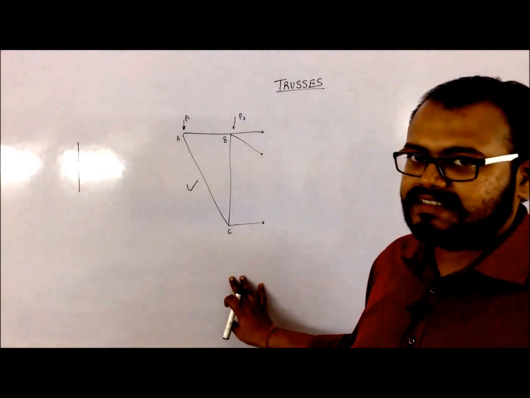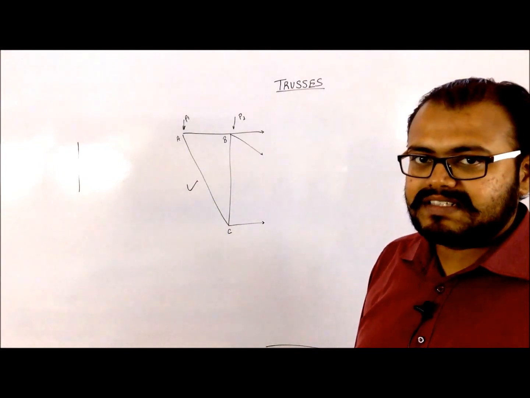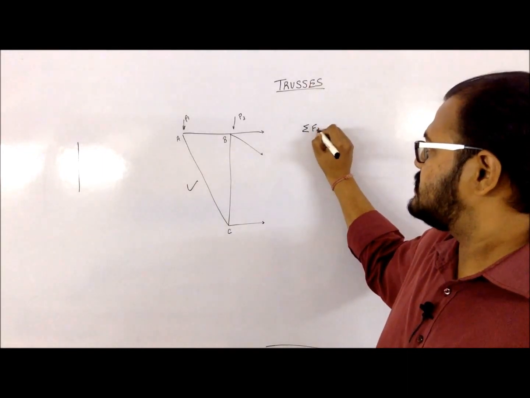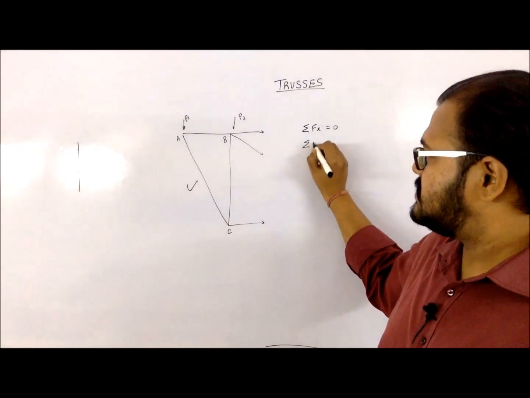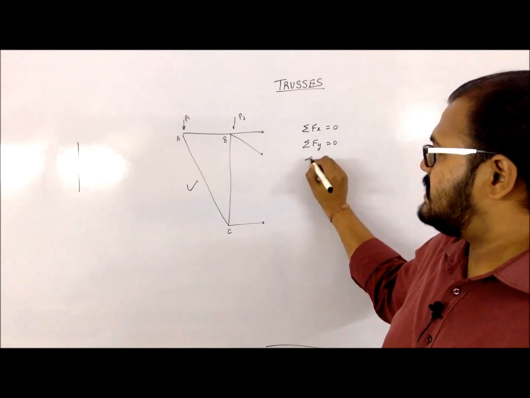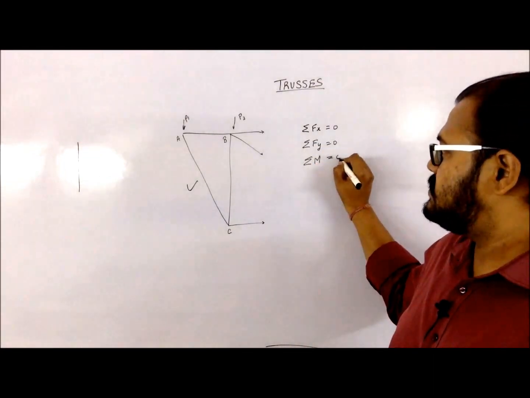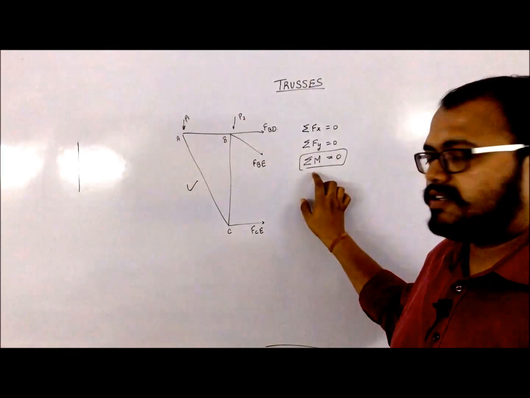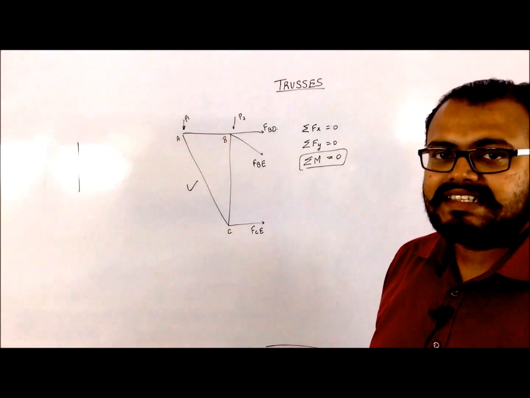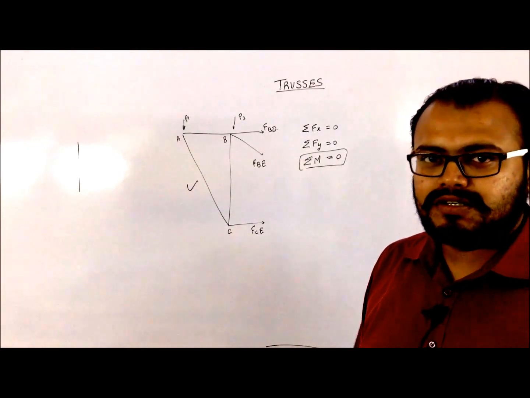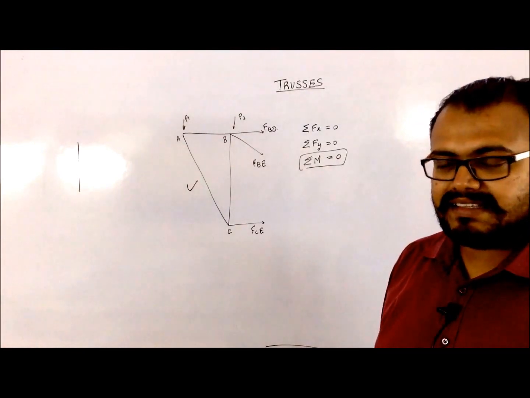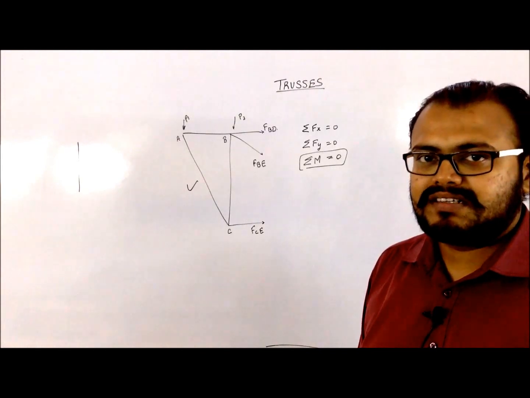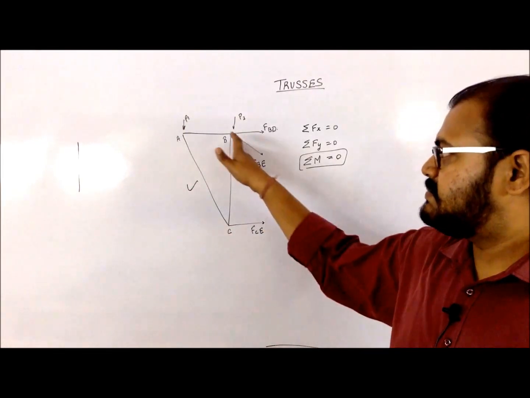So now how to analyze it? What you are going to do is consider your three equations, that is, summation Fx equals 0, summation Fy equals 0, and summation M about some point equals 0. Whenever you are considering the equilibrium equations, it is advisable to go for the summation M. Now, summation M is a very useful tool in mechanics. The reason is that I can select any point about which to find the moment. So that point can be C, B or A.